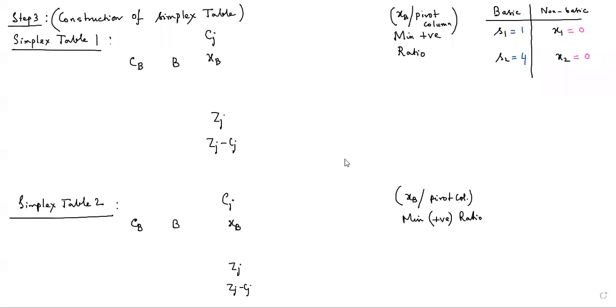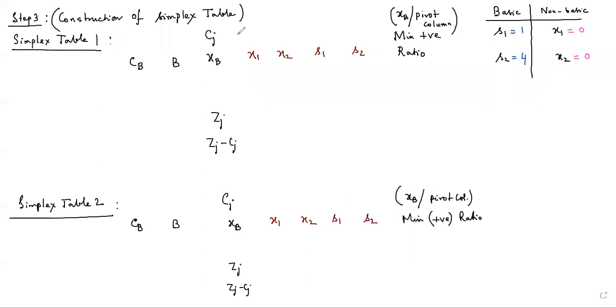The meaning is very simple. In the blank space here in the column, I am going to write all the variables that are present in the system: X1, X2, S1, S2, sequentially, not haphazardly, in serial order. Here also, I'm going to write the same thing: X1, X2, S1, S2.